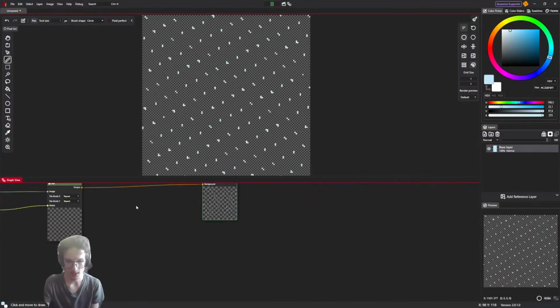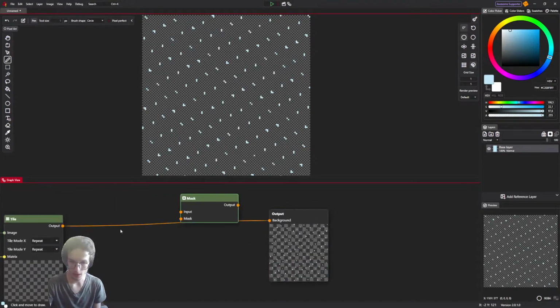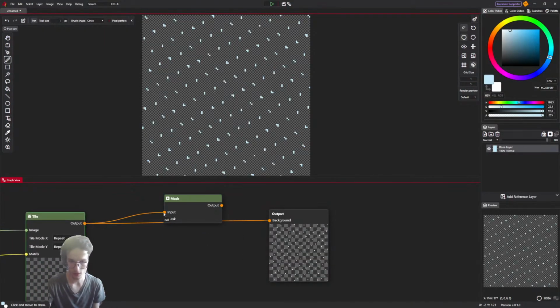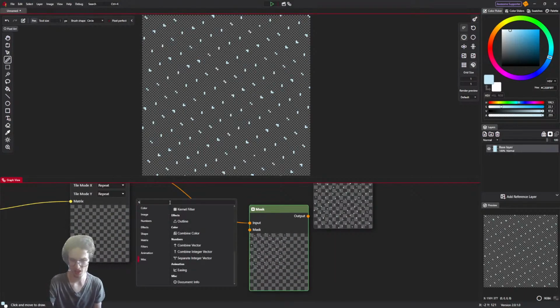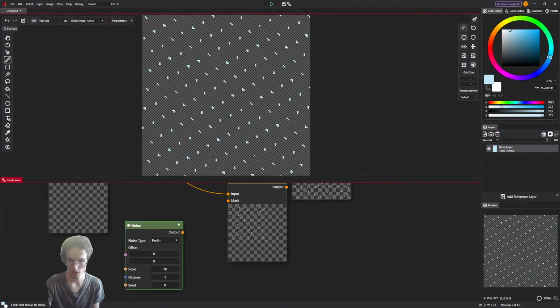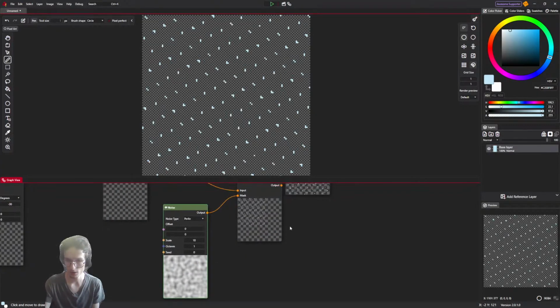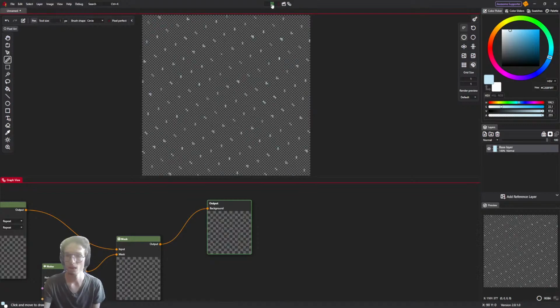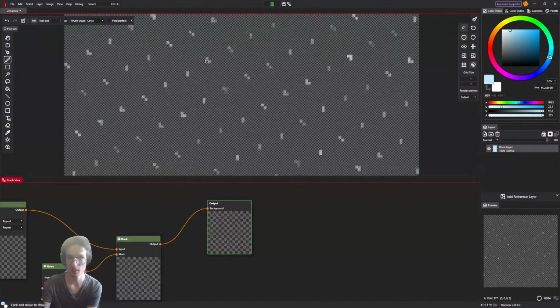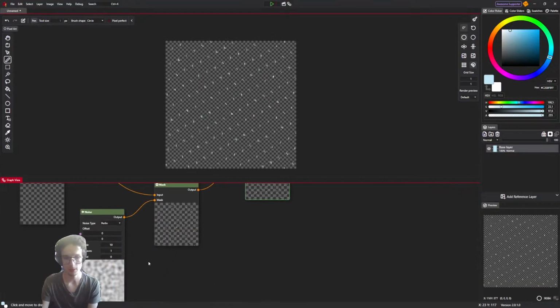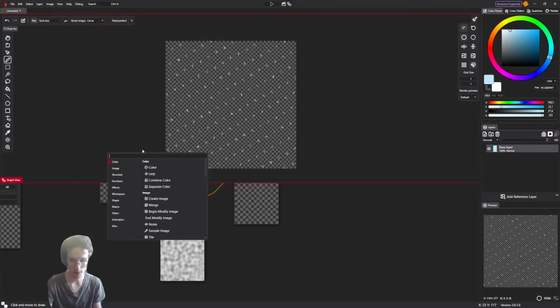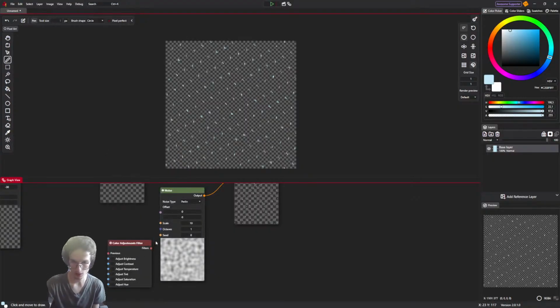Maybe we can do it with masking. Let's pause it, take a mask, and grab a tile. Now let's take a noise. Maybe it will work. When we put a noise in here, okay, it's interesting. It makes some of the pixels at certain spots more transparent, but that's not exactly what I want. So let's maybe color adjust it a little.